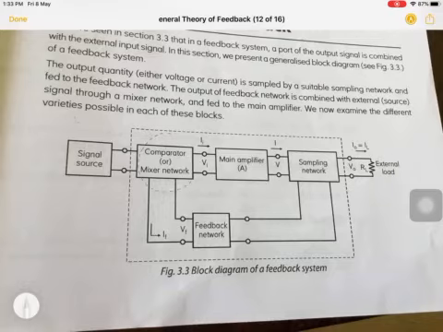Whenever we are mixing voltage, in the feedback network we have to subtract the quantity from the input, and if we have to subtract, then the voltage has to be in series, not in parallel. Therefore, for voltage amplification, sampling is always done in parallel, whereas mixing is always done in series. So for this feedback network, in the voltage case, sampling is done in shunt and mixing is done in series.